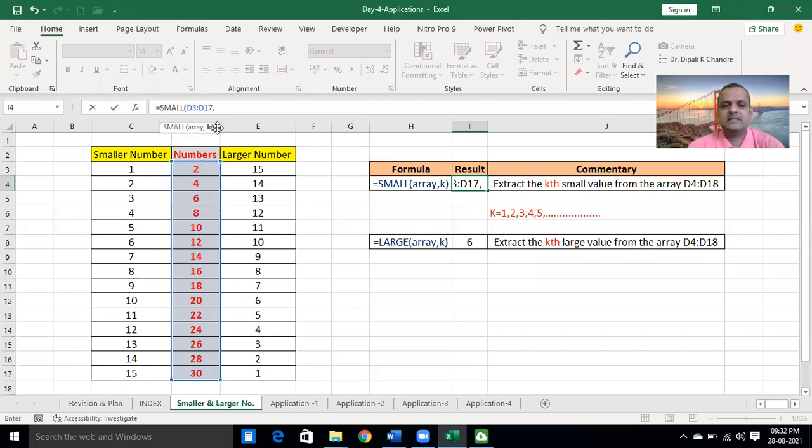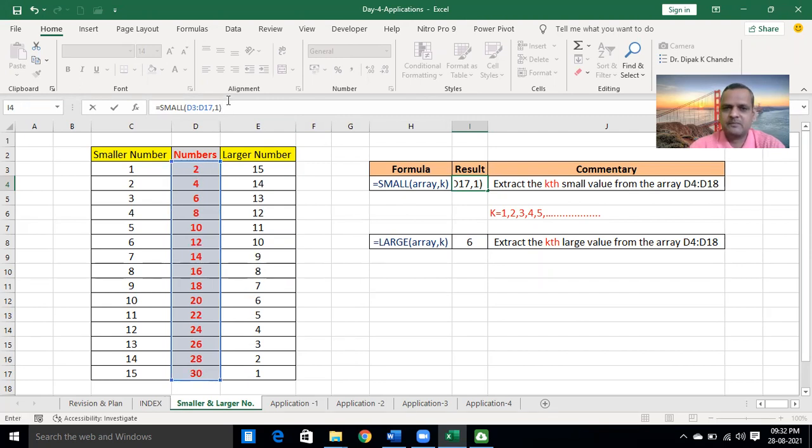And K represents 1, 2, 3, 4, 5, etc. If we put K as 1, it means the first smaller number. If we put 5, it means the fifth smaller number. I will write here 1. It represents the first smaller number in this column.